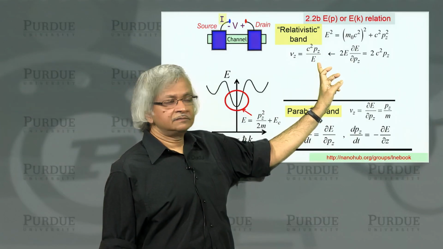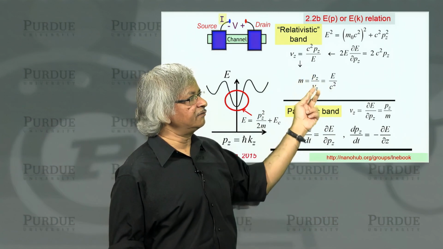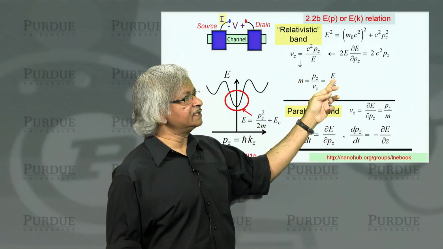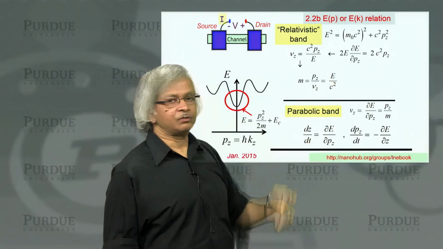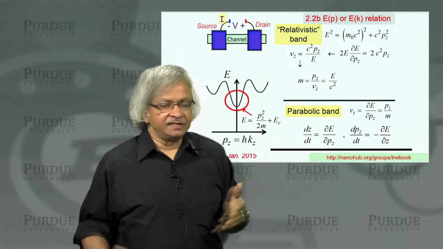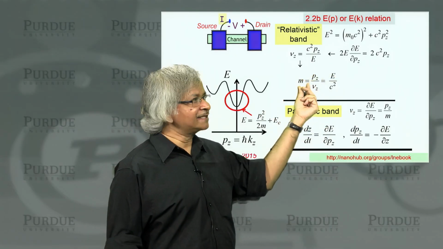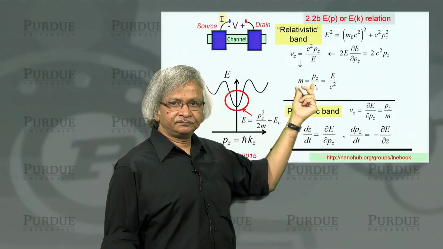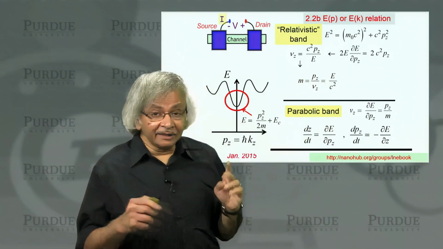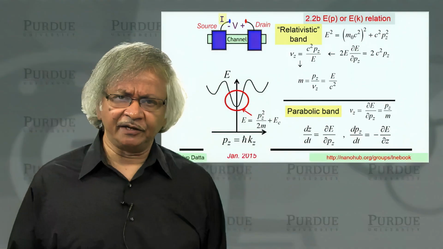So if you want the mass, that's equal to P divided by V, and that is E divided by c square. So what that means is, as the electron energy increases, the mass gets bigger and bigger, because mass is proportional to energy. See, and with a little algebra, but not quite straightforward, not like you'd see right away, but if